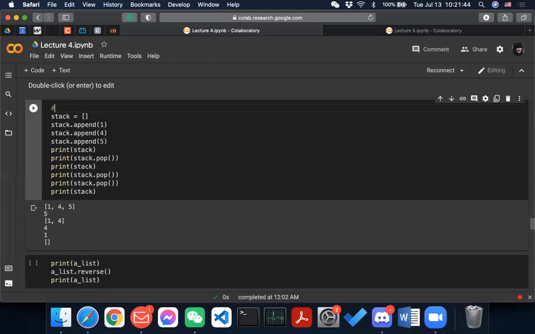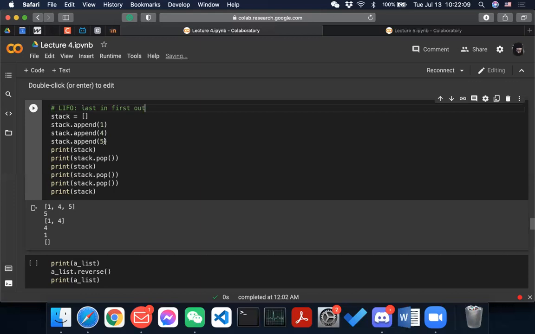So short for that is called LIFO, right? So it means last in first out. And you think about this, the things you put in last, right? So you do append 1, append 4, append 5, right?